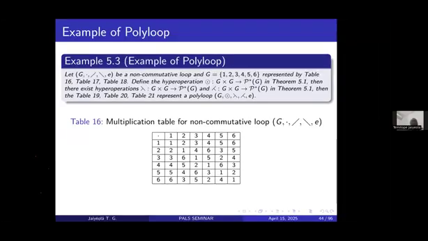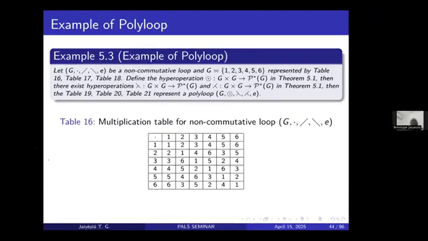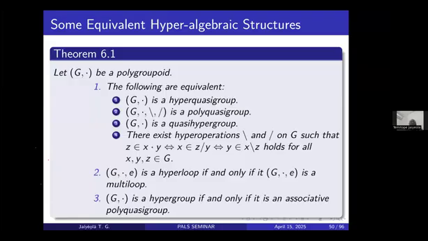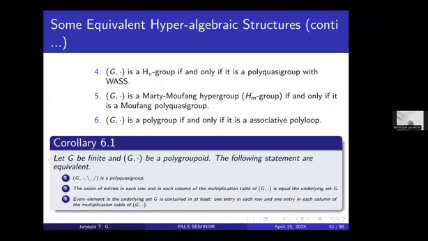It's not only a quasigroup. As you can see, the entries in the border here appear in the same manner under element 1. So that means 1 is the identity element in this particular case. For polyquasigroups and polyloops, this particular corollary gives us a characterization, just like you have for binary structures.